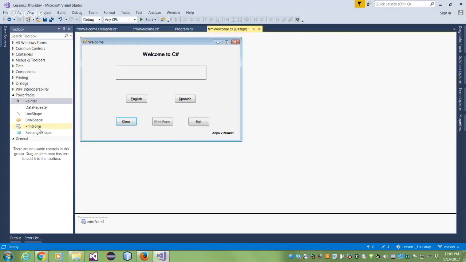When you click on print form, you will notice that a component called PrintForm1, that's its default name, is now in your component tray. Visually, you cannot see it. There's no visual effect of this print form, but it is an object. If you click on it and you open up your properties window,